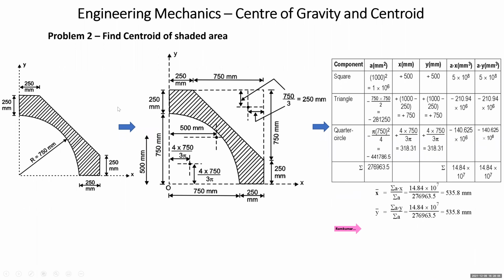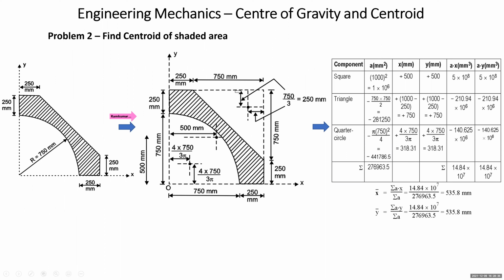Now, students, we are ready to move to the second problem. In the second problem, we have to again find the centroid of the shaded area. This time in the problem, the shaded area is given to you in this manner. You have to do a little geometrical construction so you can put it into the standard format. So what I did is I just drew this dotted line and this dotted line. Once you draw these two dotted lines, it comes to some standard form.